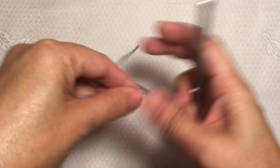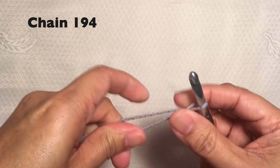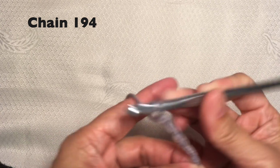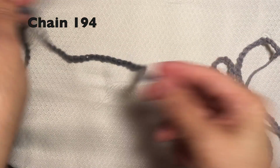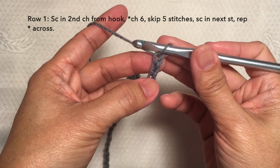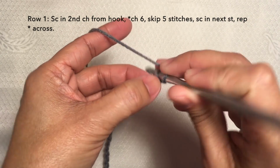So let's start with a knot and chain 194. So this is now 194 chains. Row 1, single crochet in second chain from hook. So 1, 2, single crochet here,